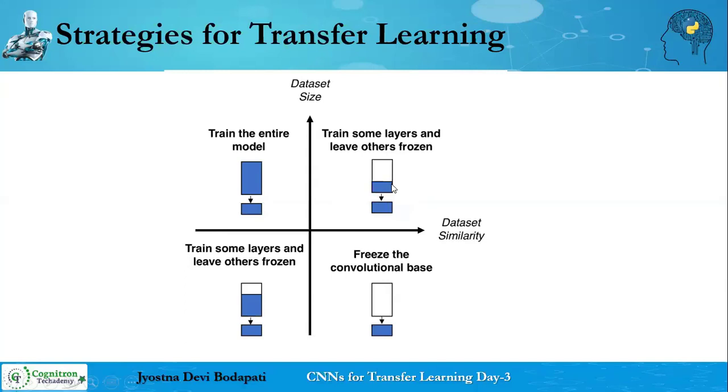So here, if you observe, most of the layers I made frozen and only a few of the layers I am training, because I have a lot of data and the dataset is very similar. So there is no point in retraining, because the dataset is similar. Though I have large amounts of data, it's a waste of time training the whole model. That is why I'm freezing most of the layers of the VGG16 model, and only the final layers I'm considering for training. So that's what the second coordinate indicates.